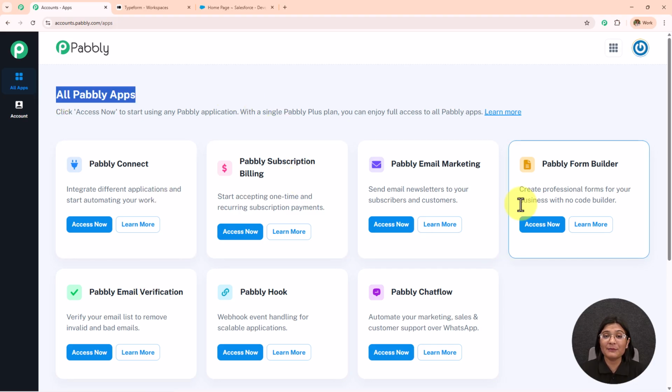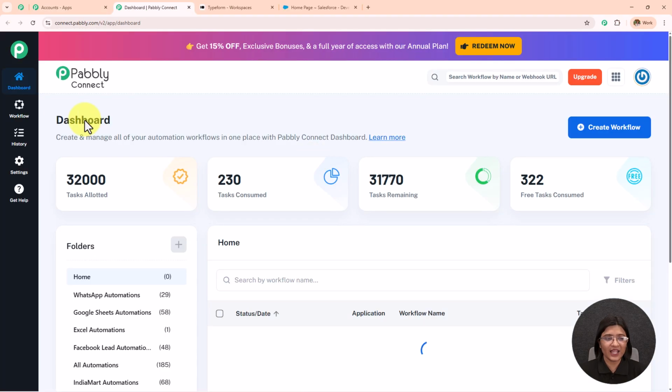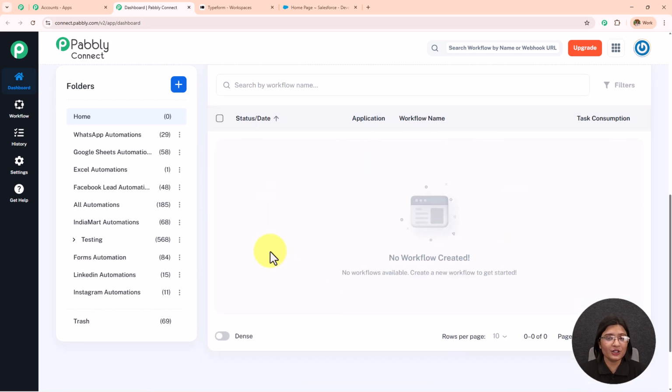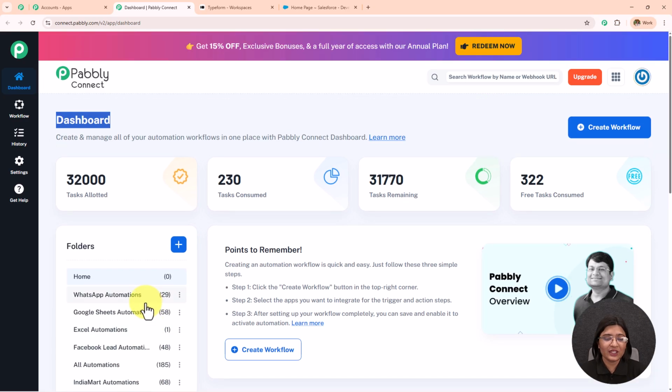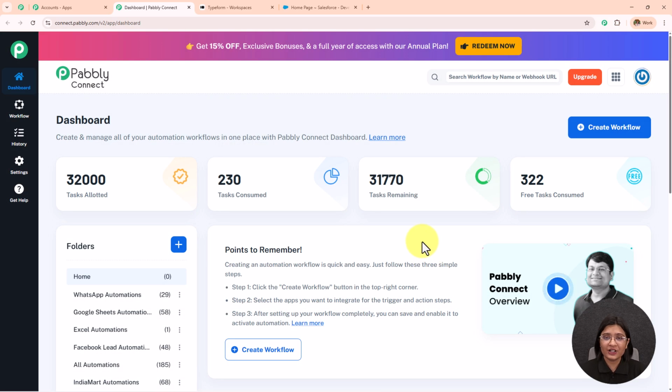I'm going to click on this Pabbly Connect Access Now. And here it has taken me towards this dashboard where I will be able to find all my workflows and all the folders which I've created. Now if you want to create a new folder, simply click on this plus icon and from here you can create a new folder. For now, I want to create a new workflow, for which I need to click on this create workflow